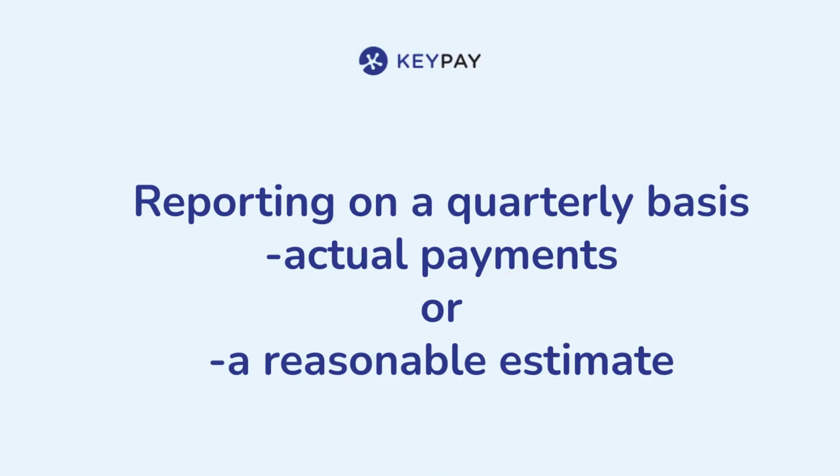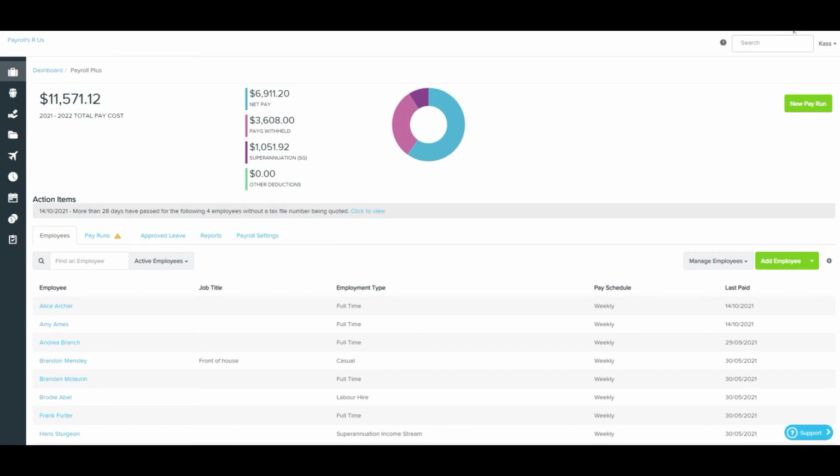Now that closely held payees are required to be reported through STP, this will work a little differently for those payees reported on a quarterly basis. However, the same lodgement process will be used regardless of if you decide to report actual payments quarterly or a reasonable estimate quarterly. When it's time for you to lodge your quarterly pay event and you have entered your wages